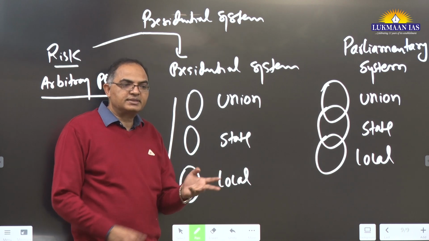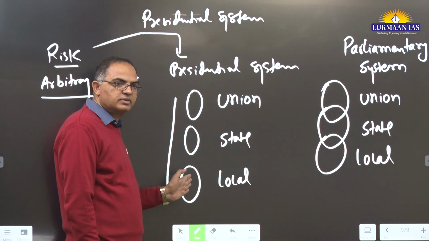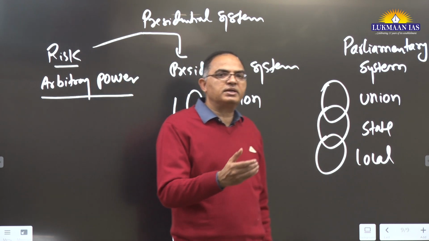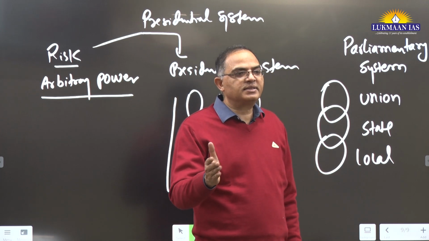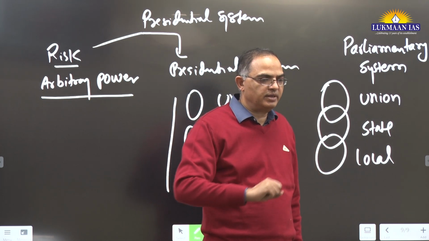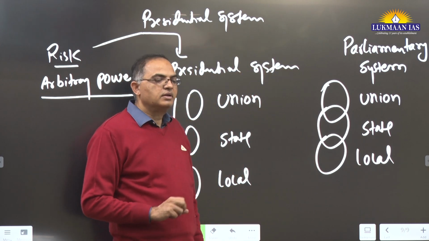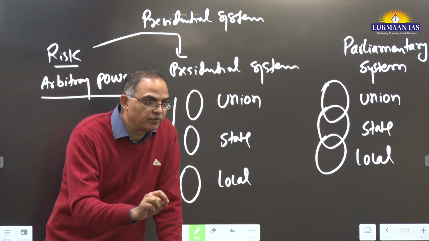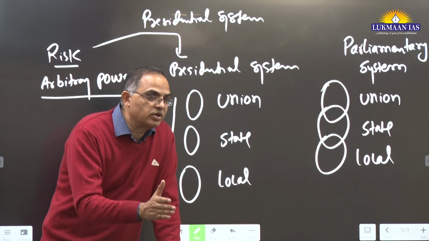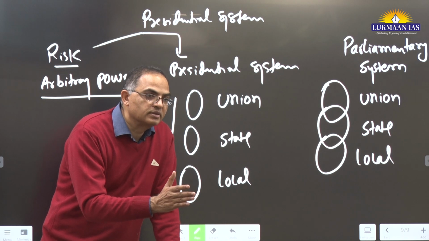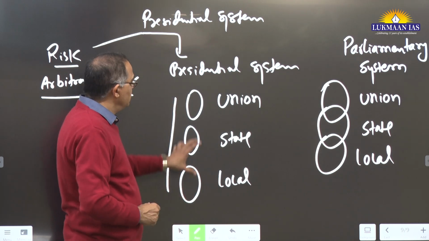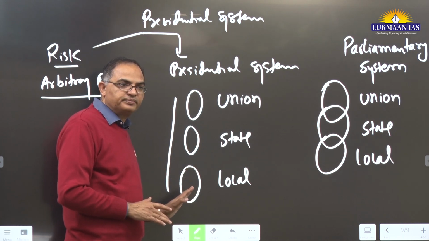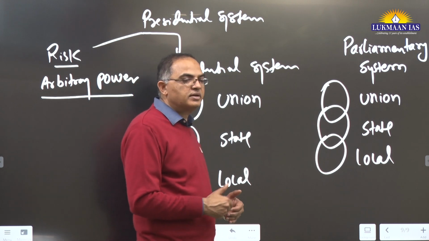Then overlaps, yes. Let's say defection politics. There is no defection politics in the presidential system. Our defection politics is so rampant, it is political corruption. Aya Ram, Gaya Ram. Gaya Lal changed three times, two governments within 15 days. You have to know the cost of hung parliament, the cost of criminalization, the cost of political defection. Do we know what is the cost of all these things? So that is what we have to understand. It does have some advantages, but we cannot adopt presidential system. That is how, let's say, we come out of this.